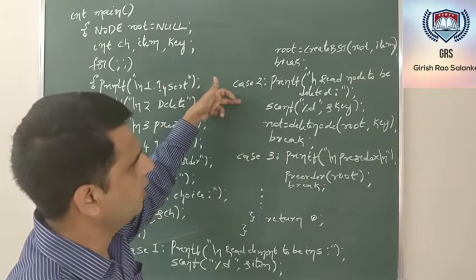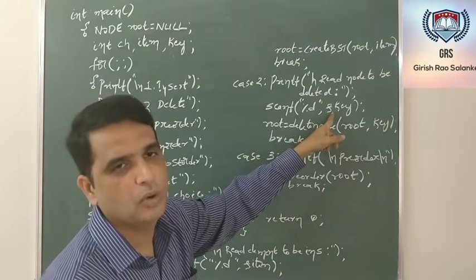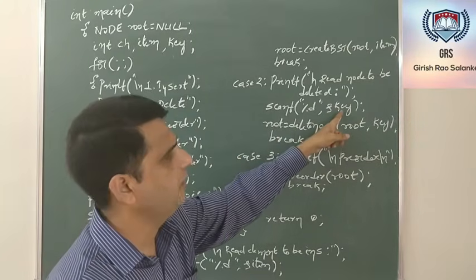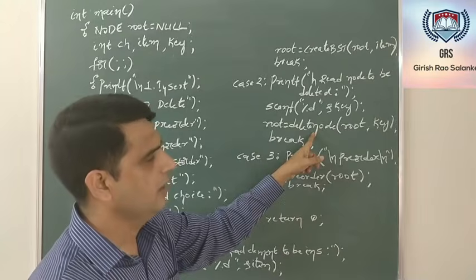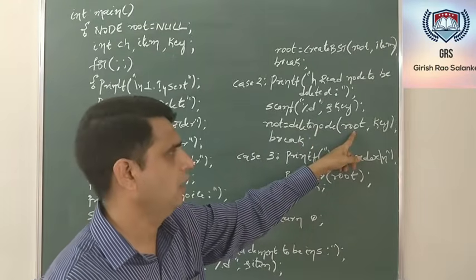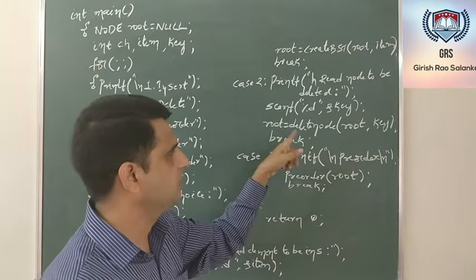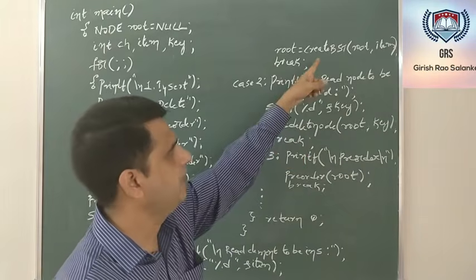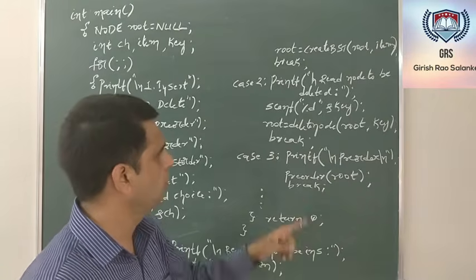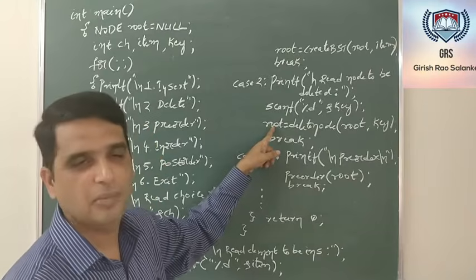Then break. In case 2, I am performing the deletion operation. So before calling the delete node function, I am reading what node is to be deleted, and I am storing it in the variable key. Then to this delete node function, I am passing 2 arguments. First argument is the reference of my binary search tree, which is root, and the second argument is the key, which needs to be deleted from the binary search tree. Similar to the create BST function, the return type of delete node was node, wherein after deleting, I am returning the address of the root node. So I am holding the return value of this delete node function in the variable root.